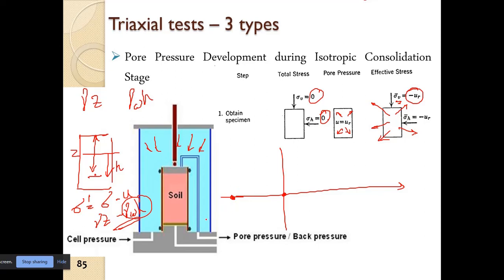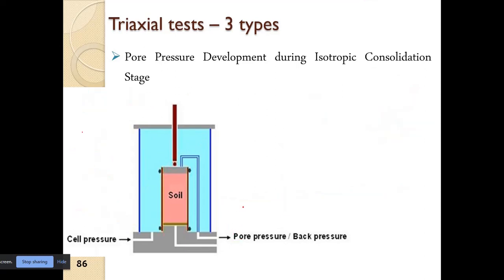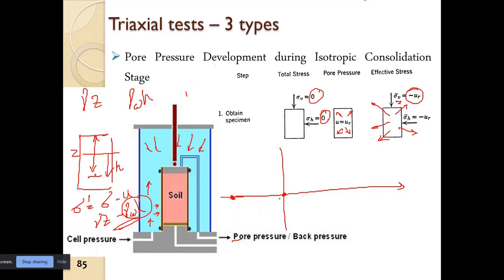Now as soon as we apply the cell pressure, we will go on increasing it slowly: 1, 2, 3, 4, 5 kPa, and slowly we will go on increasing. So also the pore water pressure reading. If we start the pore water pressure reading from here itself, we will get a negative reading. All right. Then when we start monitoring the pore water pressure,